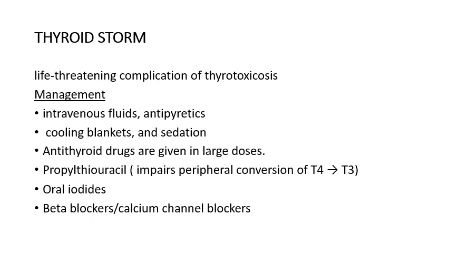And since the patient will be agitated and aggressive, he needs to be sedated, and antithyroid drugs ought to be given in very large doses, and especially propylthiouracil is preferred, because it has an additional action of inhibiting peripheral conversion of T4 to T3. And oral iodides are used because they block the release of thyroid hormone secretion. And other drugs like beta blockers, which block the sympathetic activity and decrease the risk of arrhythmias, and calcium channel blockers, again used for the same purpose. So these are the other drugs used in the management of thyroid storm.